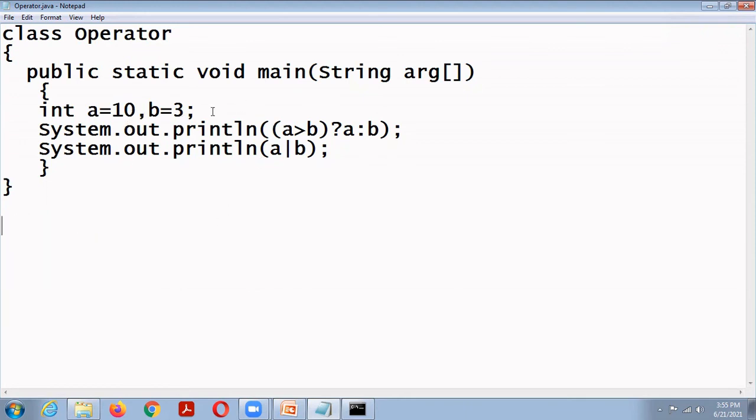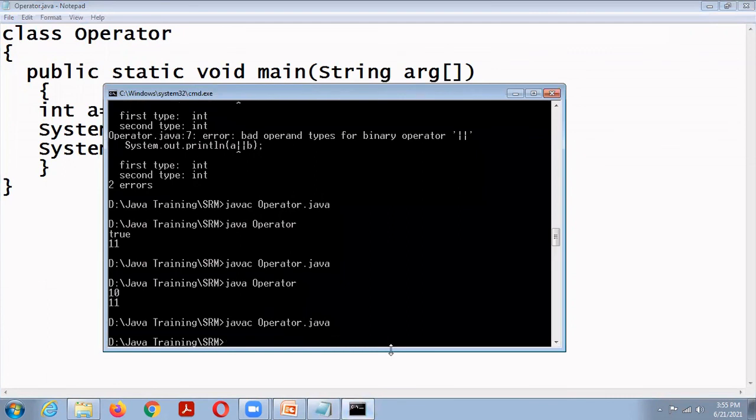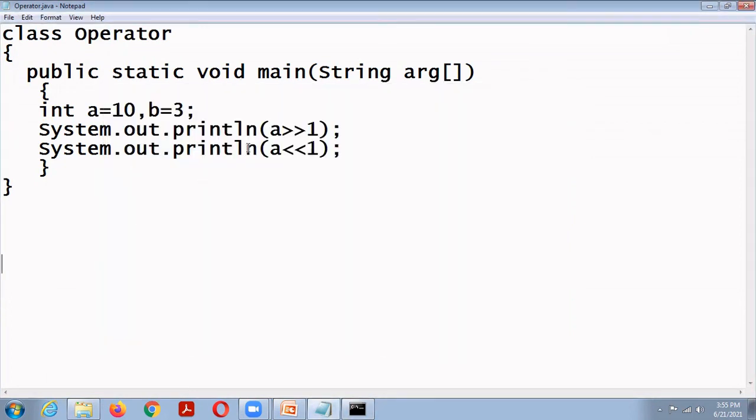So int A equal to 10. Here A right shift 1. Here A left shift 1. So one is 5 and another one is 20. When we are using the right shift, the value of the variable is divided by 2.